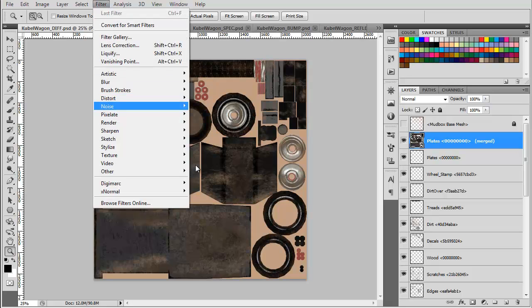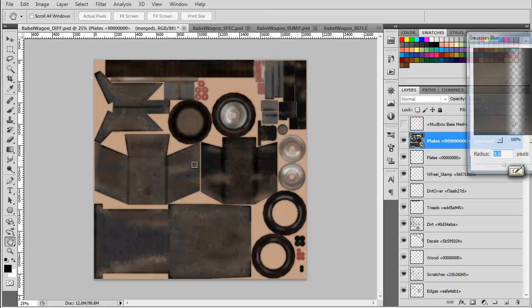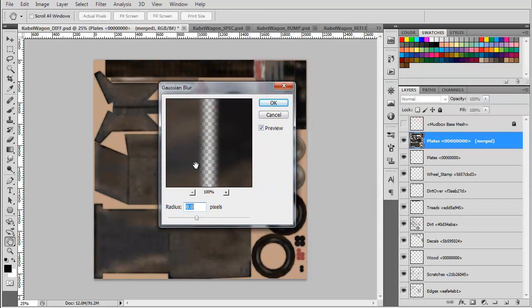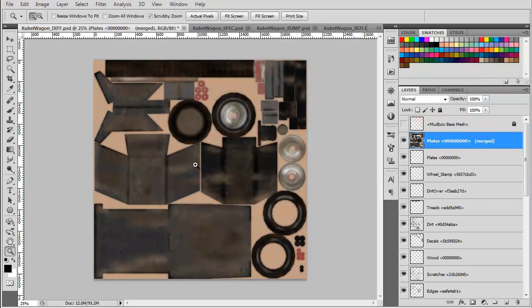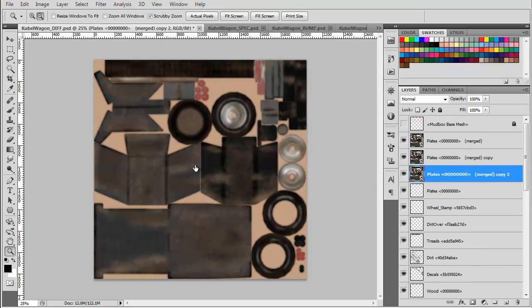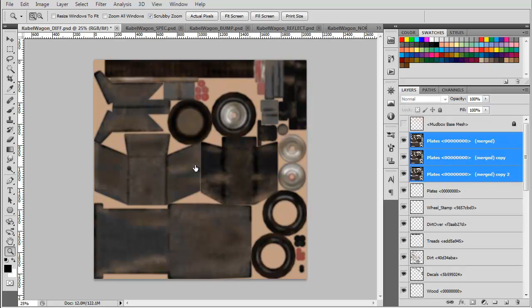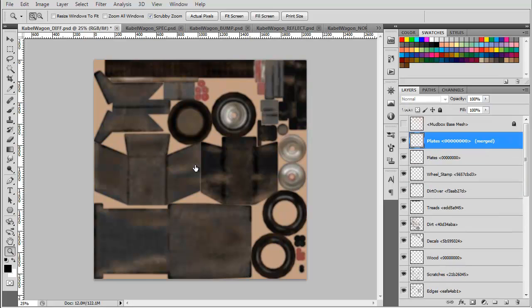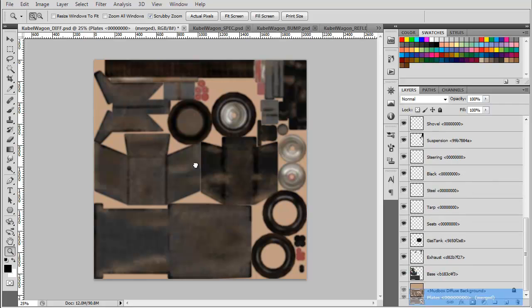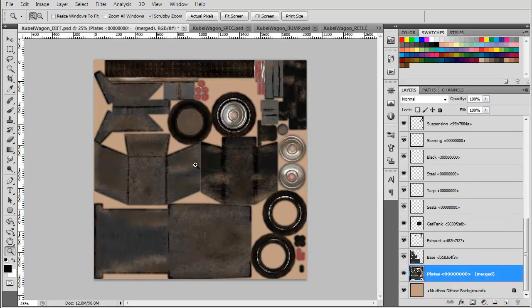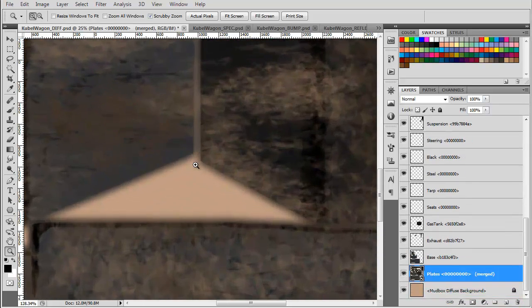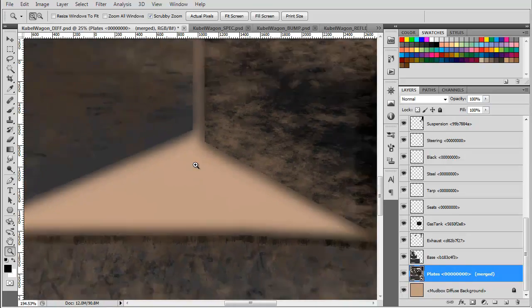And I'm going to blur this with a pixel value of 8, which I find is good. And what I'm going to do is create 3 copies, and I do that by holding Alt and dragging down, and then I'm going to shift click up here and hit Control E. It's just a simple merge of the ones that you want, and I'm going to drag this all the way down to above the base. And what that does is give me a little bit of pixel bleed, so that